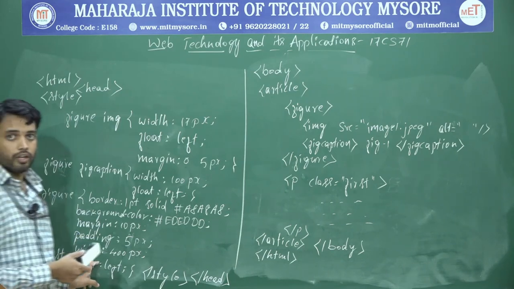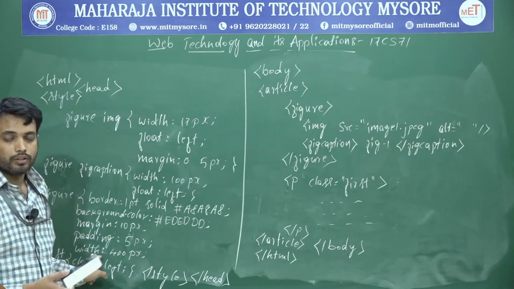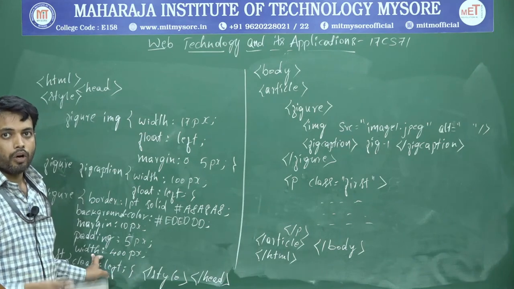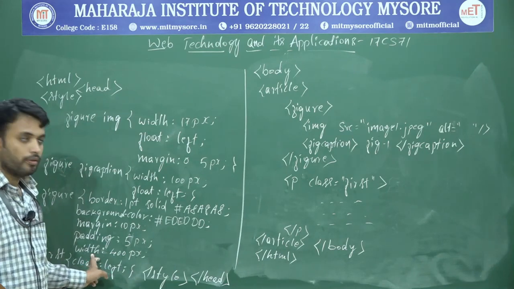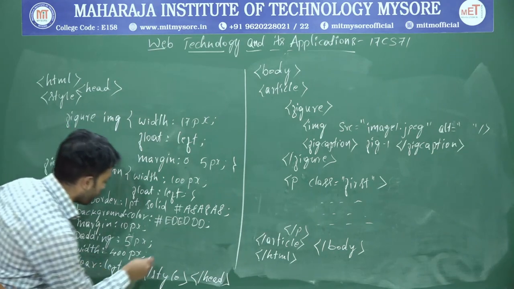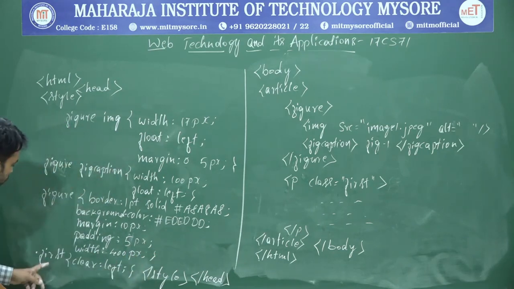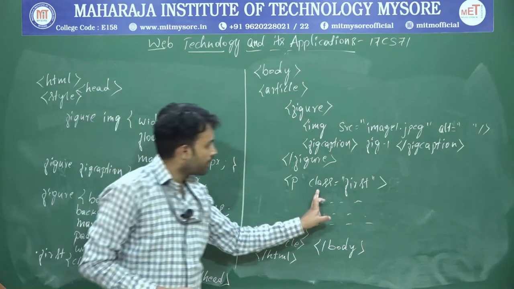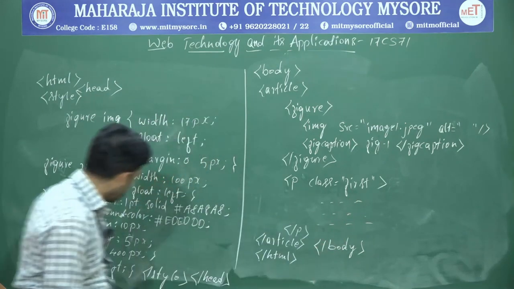Width is compulsory, as I have already told you that for the block level floating elements we need to write width. Okay, that is compulsory. Now I am going to close this figure, followed by dot first. Here I have written class dot first, right? Okay, so first dot